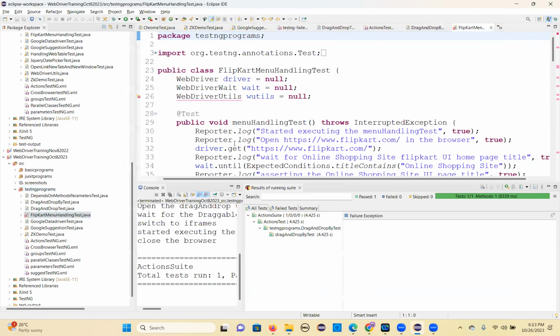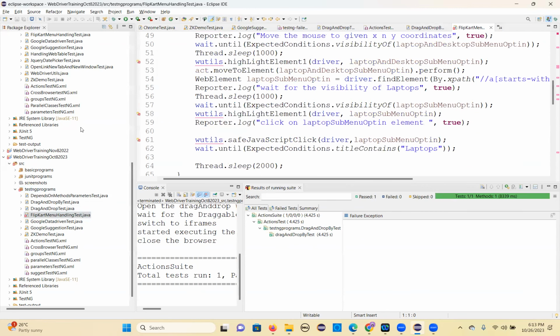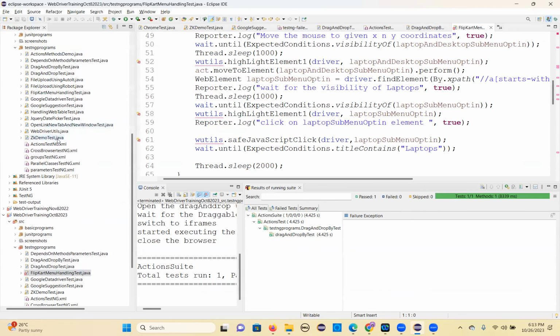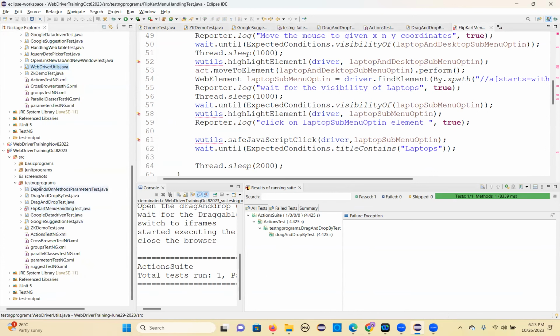Okay, so I need to explain this WebdriverUtils. Basically, utility methods I have created. Let me take that class. So what are all the methods that are there? And we'll discuss all those methods. There are reusable methods, basically. Okay, all JavaScript code methods. Let me explain all JavaScript methods. So how you can use